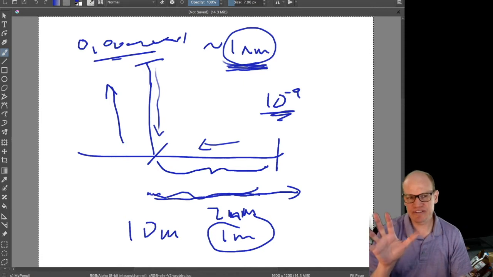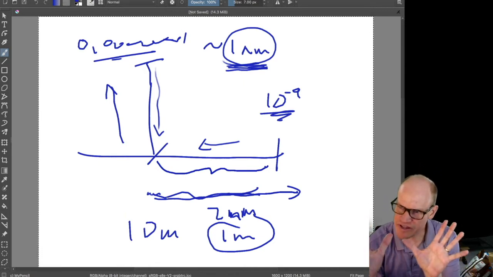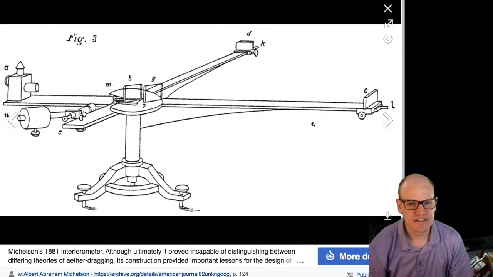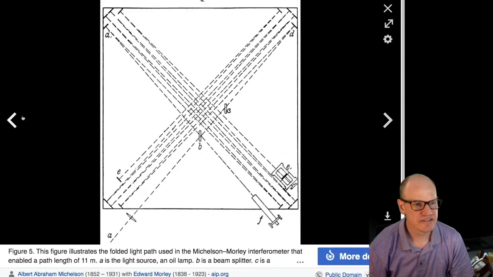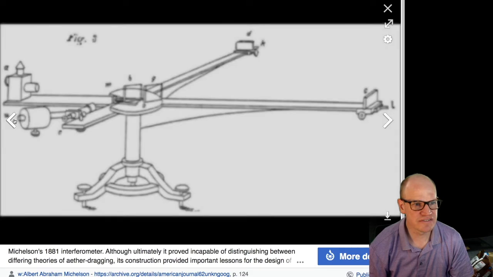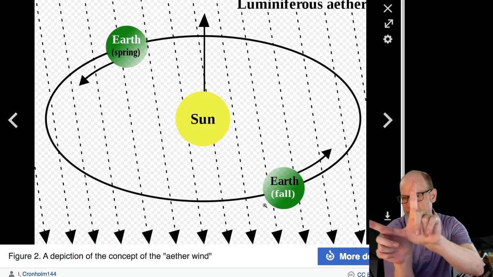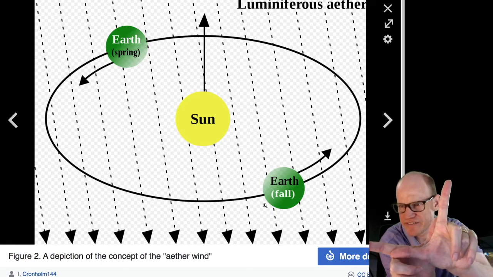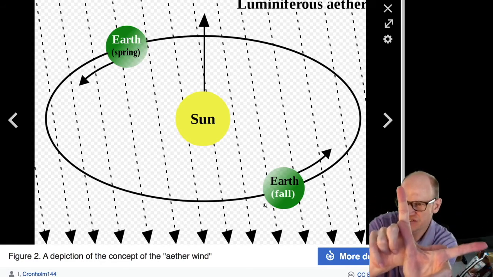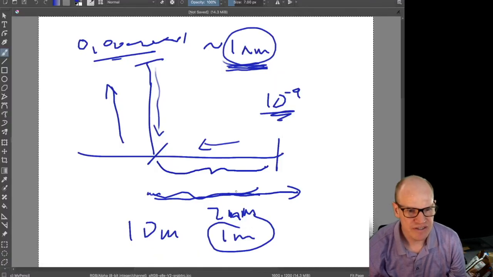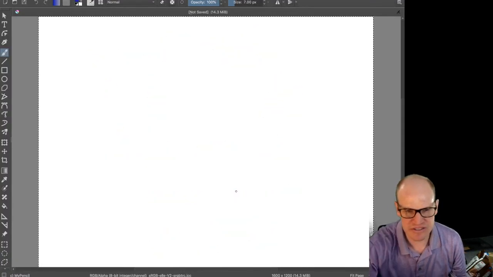Because not only do you have to have this apparatus, but you need to be able to move the apparatus, because the whole idea was that you have the Earth going around the sun, and so you want to make a measurement with the apparatus pointed one way, and then you want to rotate the apparatus so you can make a measurement of it pointed in the opposite way. Because, for example, suppose you have your apparatus set up,